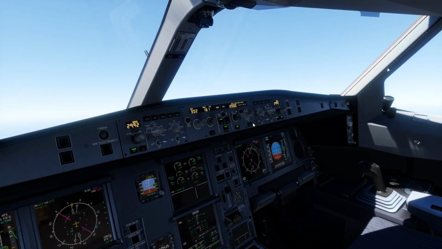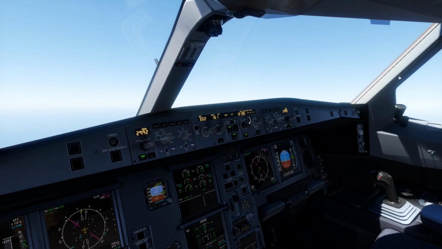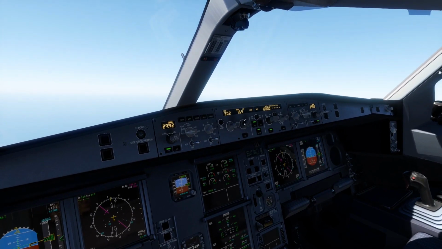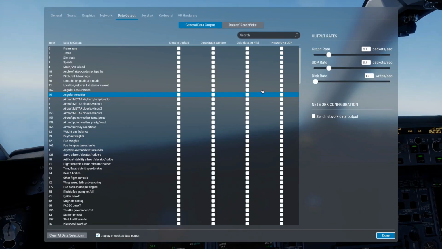This is when collecting data in the climbing scenario. We set the altitude to 16,000 feet, and then we set the heading. This is how we got the data from X-Plane 12.